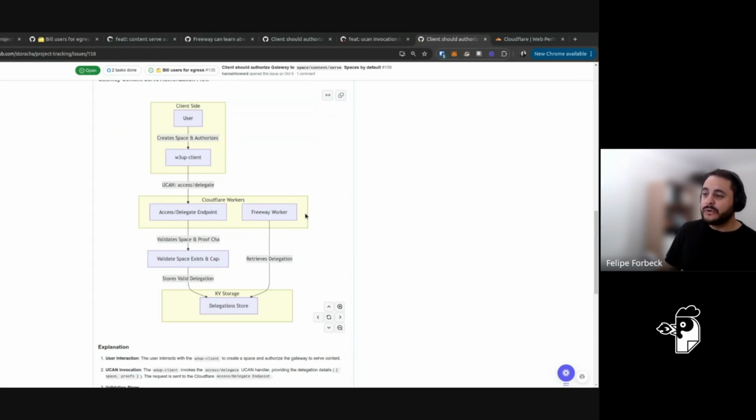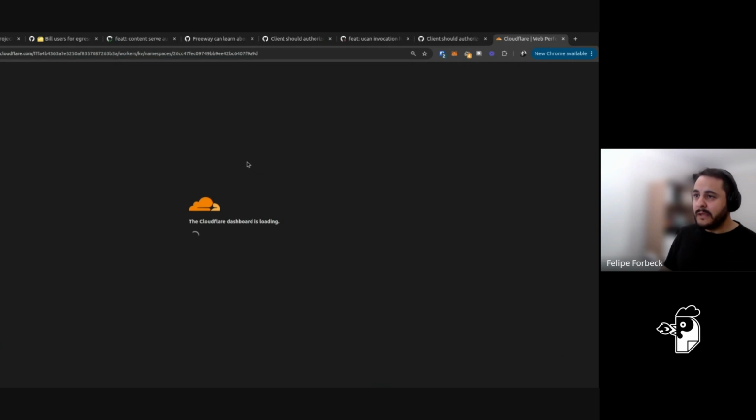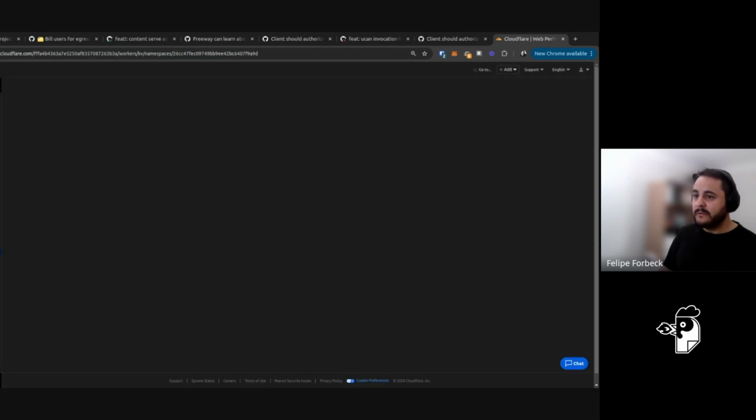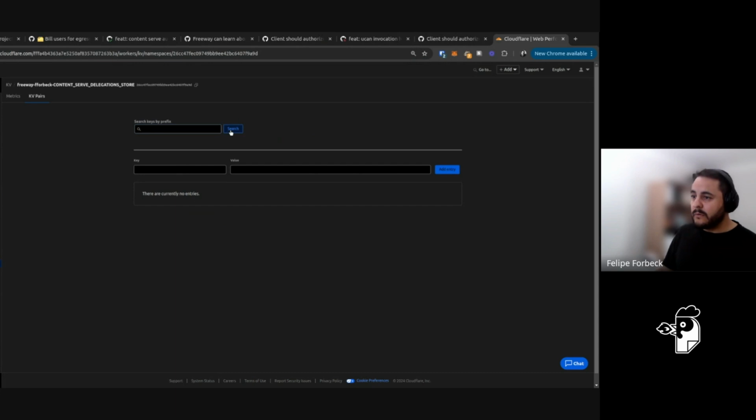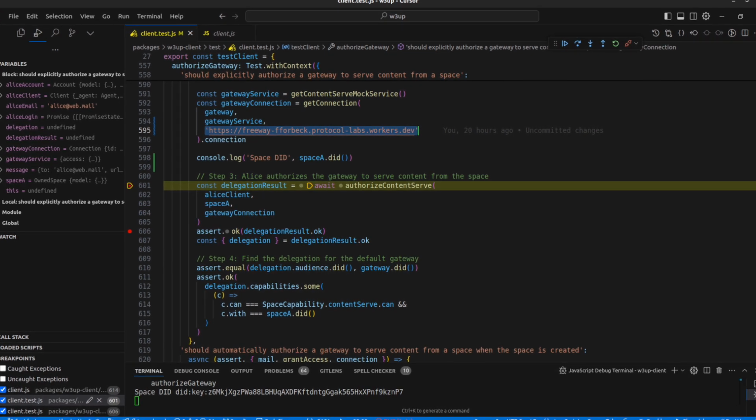So that's part 1. Part 2 is basically sending a request to the worker and making sure it will fetch the delegation from the store and serve the content. But that's not done yet. So to give you a quick overview of this flow here, I have my own KV instantiated in Cloudflare. If I refresh this, you will see I don't have any key values stored in this store. So it's all empty,